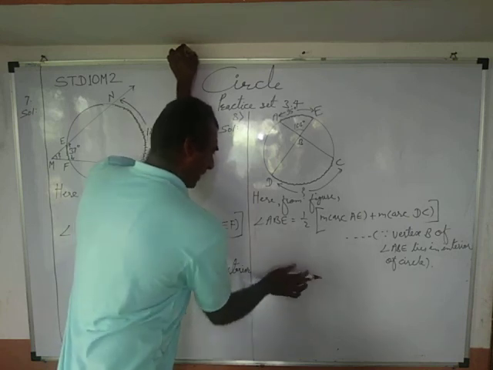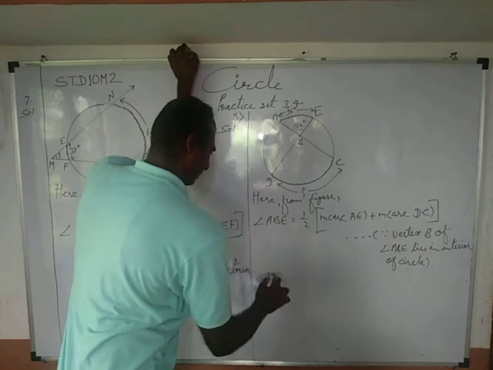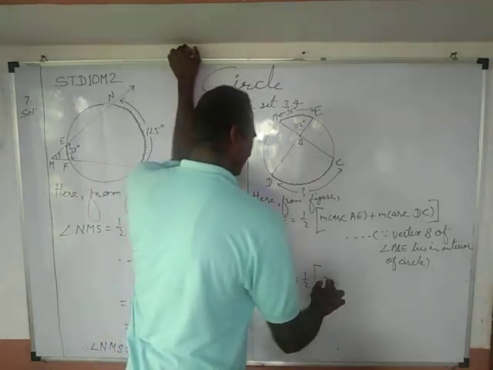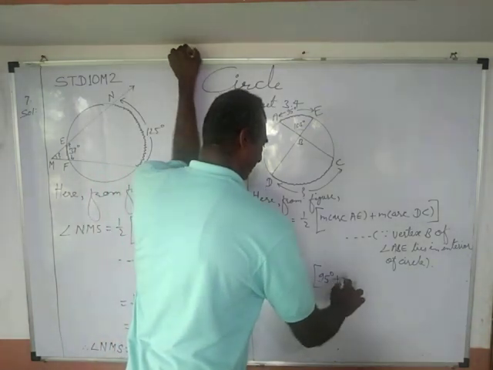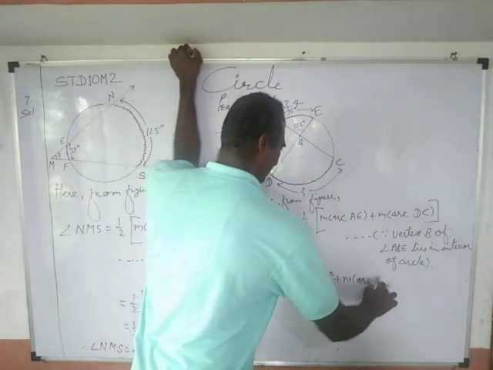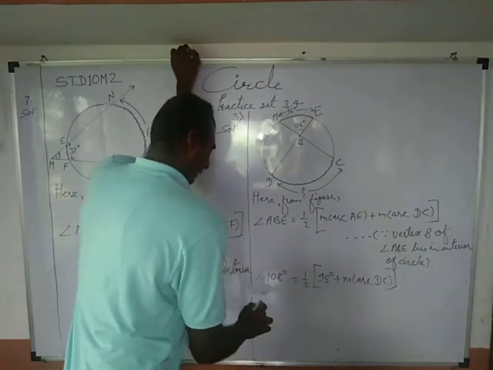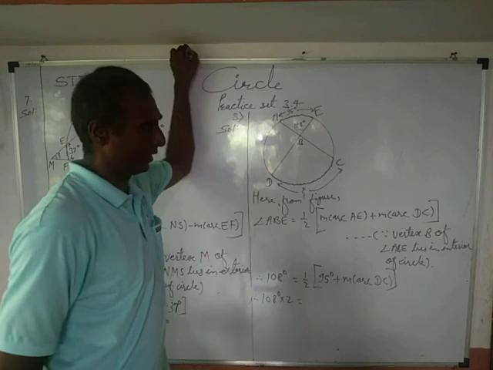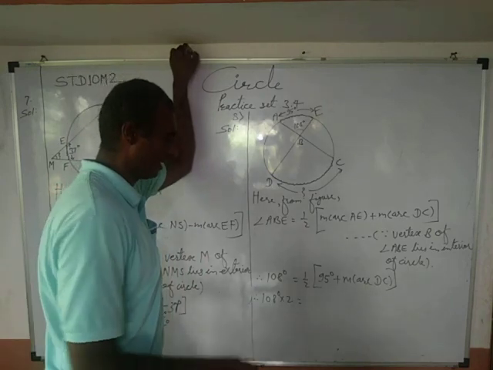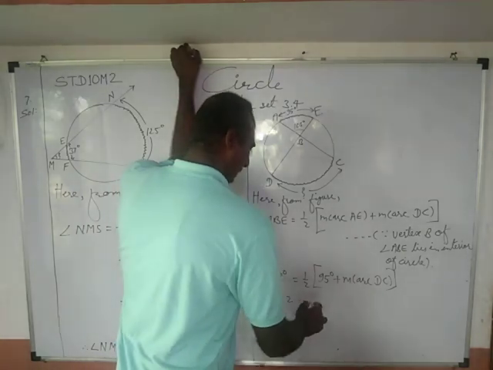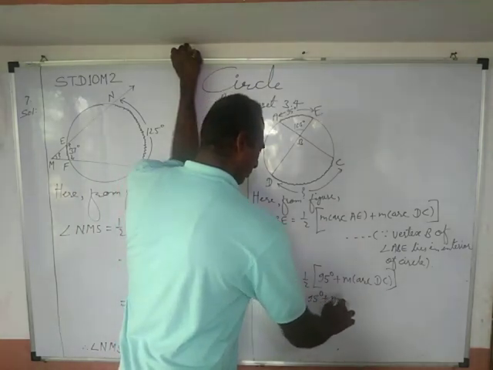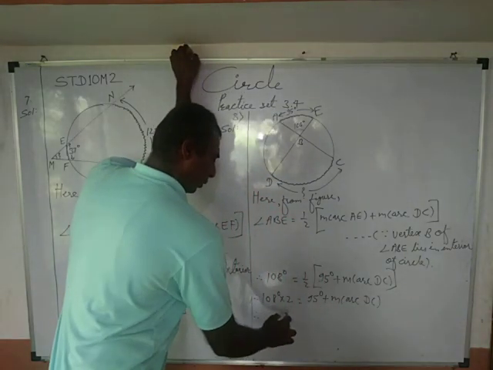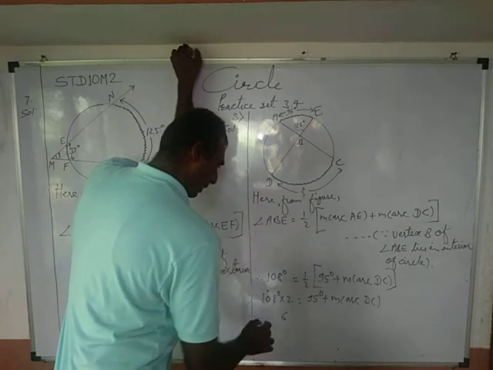Therefore, 108 degree equals half in a box bracket measure of arc AE, which is 95 degree, plus measure of arc DC, we don't know, and therefore 108 into 2, which was a divisor on the right side, now is a multiplier on the left side, equals 95 degree plus measure of arc DC, and therefore 2 8s are 16, carries 1, 2 0 0 and 1 1,